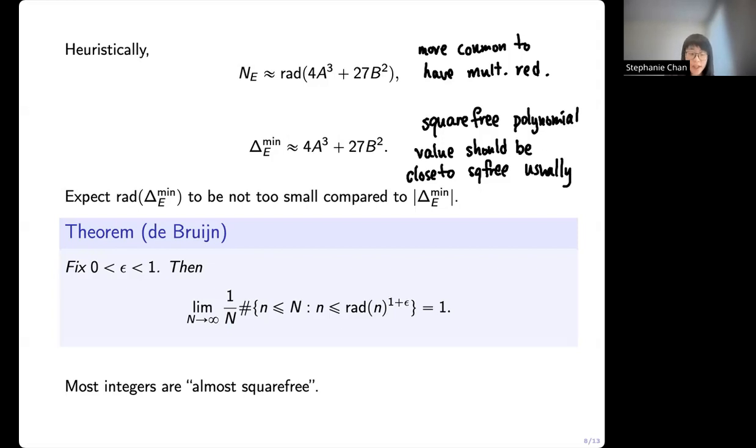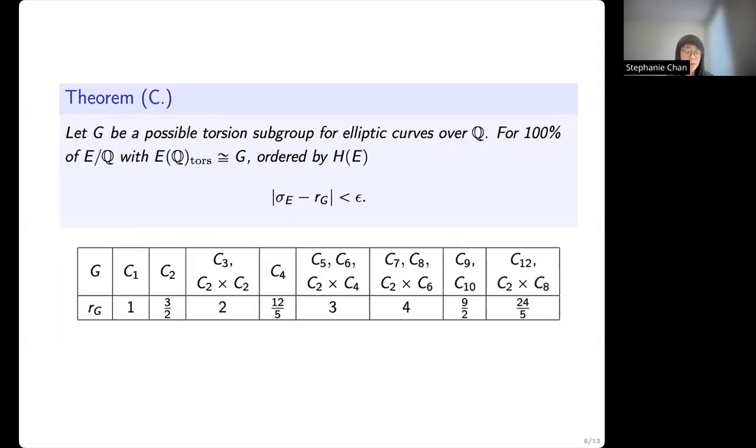It turns out that having non-trivial torsion implies that the Szpiro ratio is typically a bit bigger than 1. So what I've shown is that, fixing a torsion subgroup, and there are 15 possible torsion subgroups classified by Mazur's theorem,